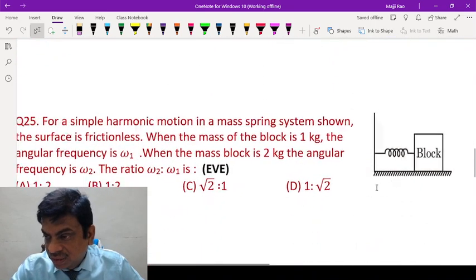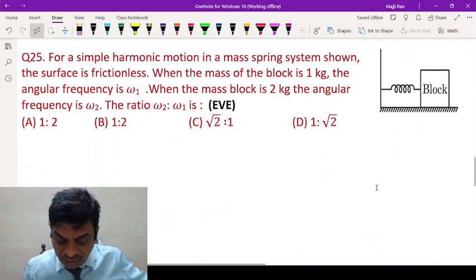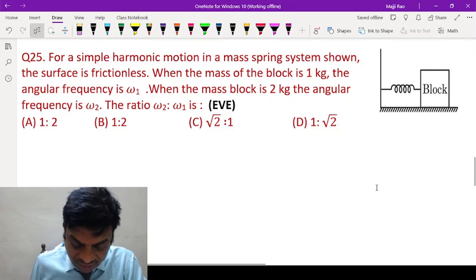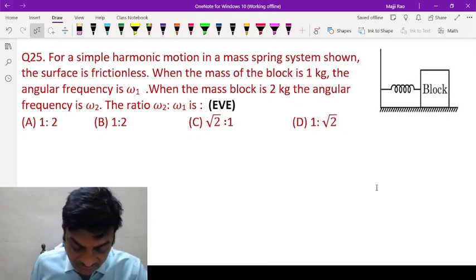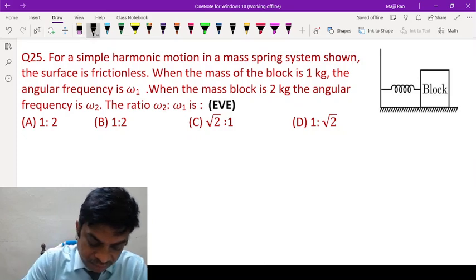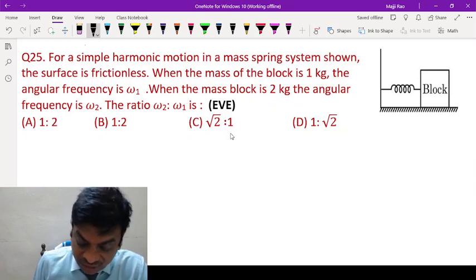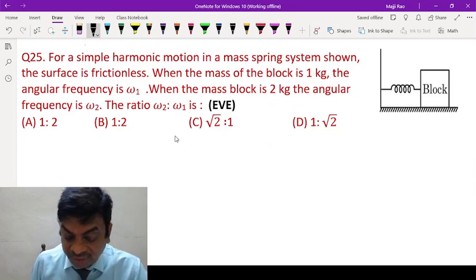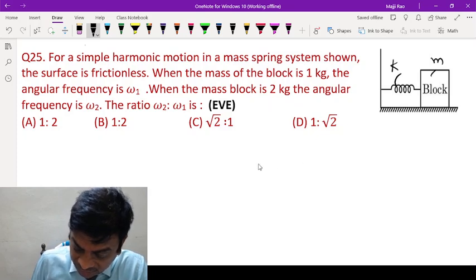Moving on to the next question. For a simple harmonic motion in a mass spring system shown, the surface is frictionless. When mass of block is 1 kg, the angular frequency is omega 1, and when the mass of block is 2 kg, angular frequency is omega 2, the ratio of this. So first we have to write the relation for the angular frequency in terms of mass. If k is the spring constant and m is the mass of the block, then we all know that the